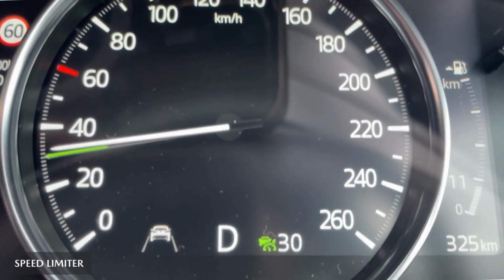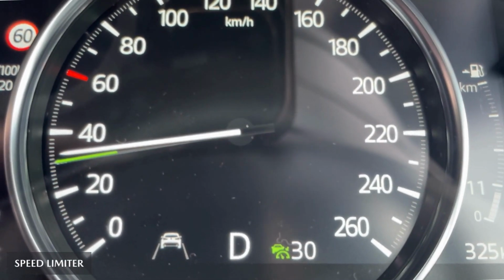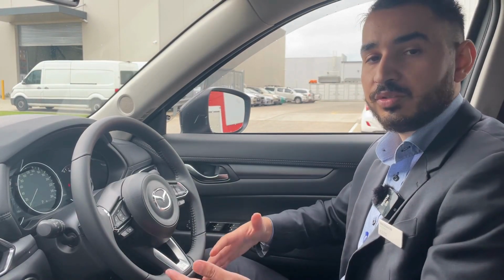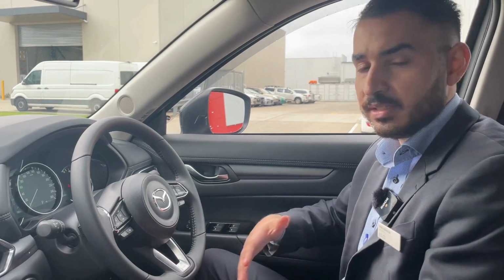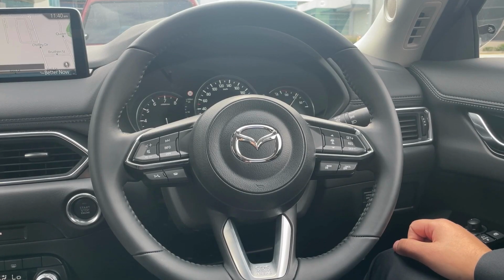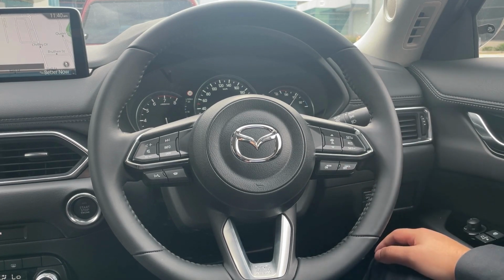If you accelerate, you're only going to go to the allocated limiter speed. In order to cancel your cruise control, you have 2 ways. The first one being putting your foot on the brake. Your second option being the cancel off button on the right hand side of your steering wheel, which turns off